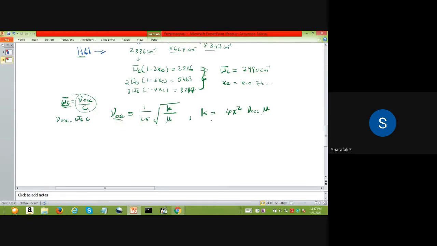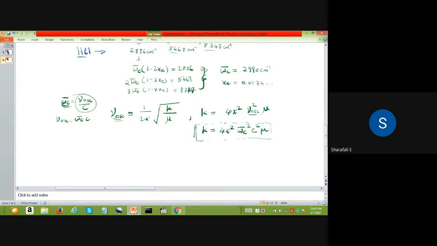Okay. So in that case, this will come as k, where the oscillational frequency will become omega e bar c. I think you have to take the square of this, right? And only then it will come as k. So k equals 4 pi square, omega e bar square, c square times mu. So this is the equation. This is important. This is the equation for the force constant corresponding to that particular vibration,